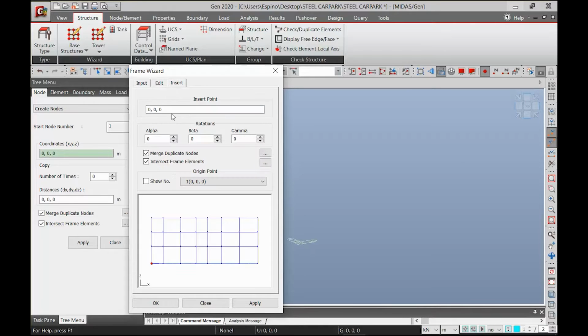So for the insert tab, let's make sure the insertion point is 0, 0, 0. And the rotation, the alpha, beta, and gamma stand for the rotation along X, Y, and Z respectively. So since I am doing this frame in XZ plane and I want to transfer it into XY plane, I will just change this into negative 90 degrees. So I can now just click on apply